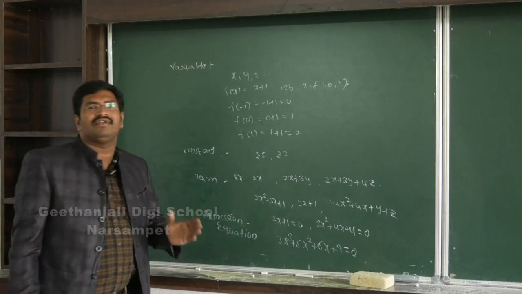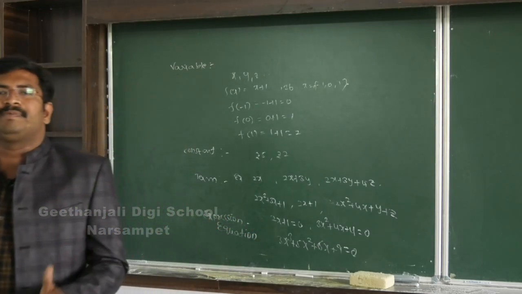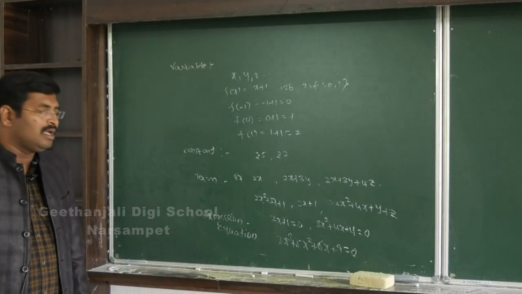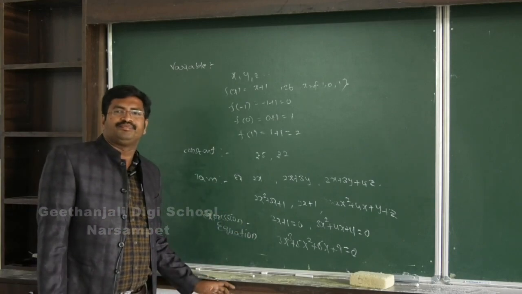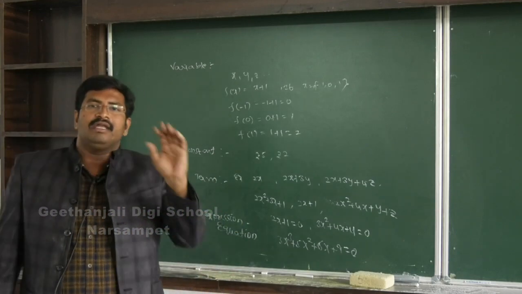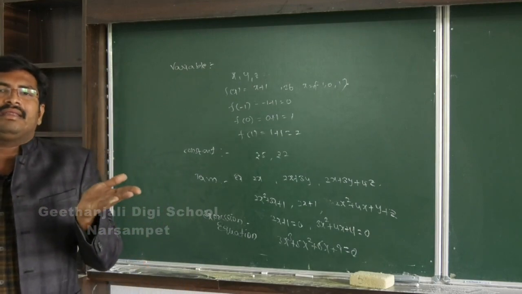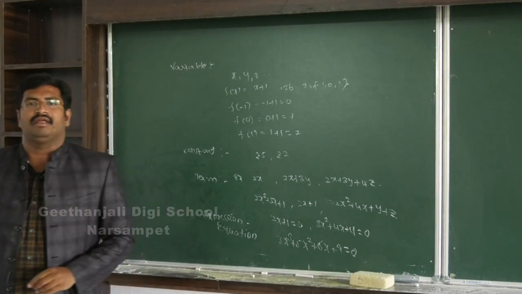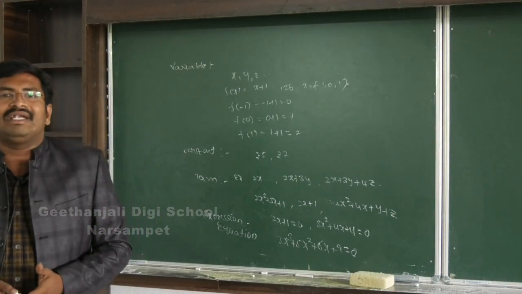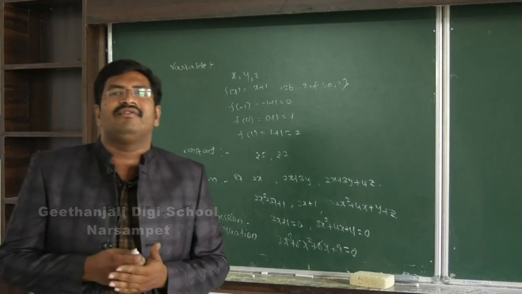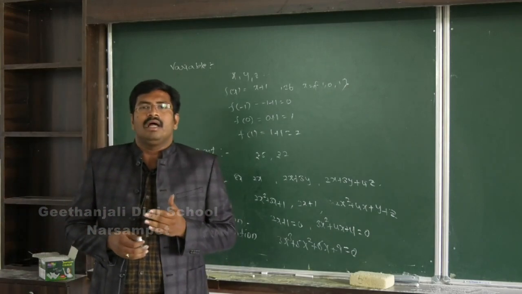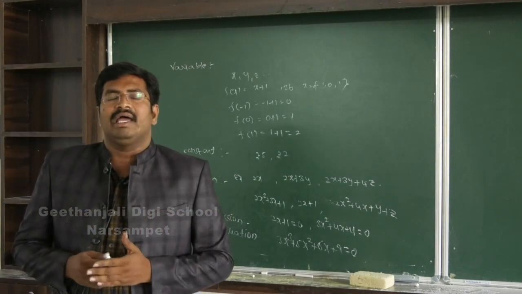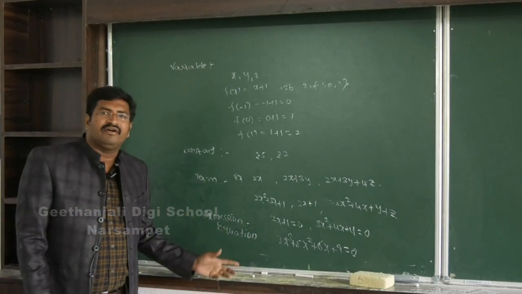The only difference between an expression and an equation is that when the expression has the equality symbol equal to 0, it is called an equation. Now we will come to the point of the equation. Based on the number of terms, we divide expressions into different types: monomial, binomial, trinomial or multinomial. Based on the degree of the equation, we divide equations into types.